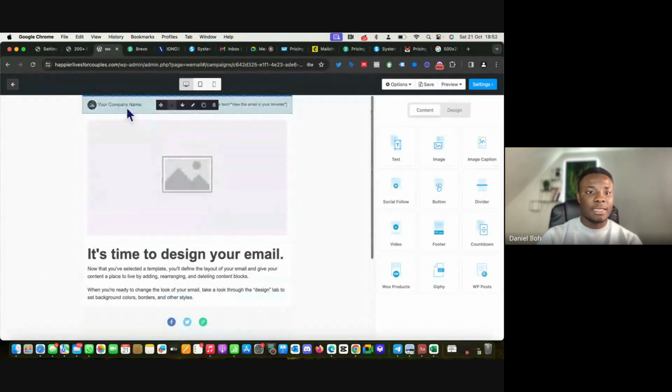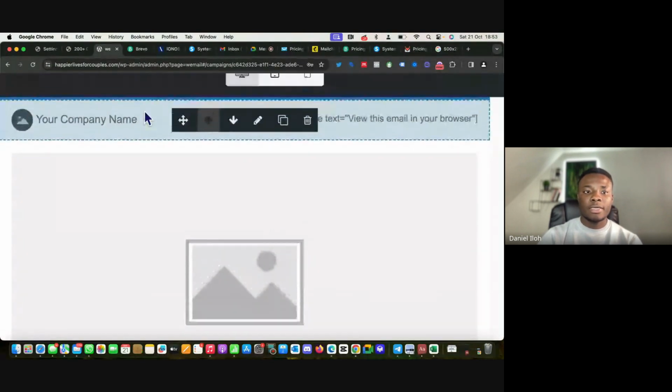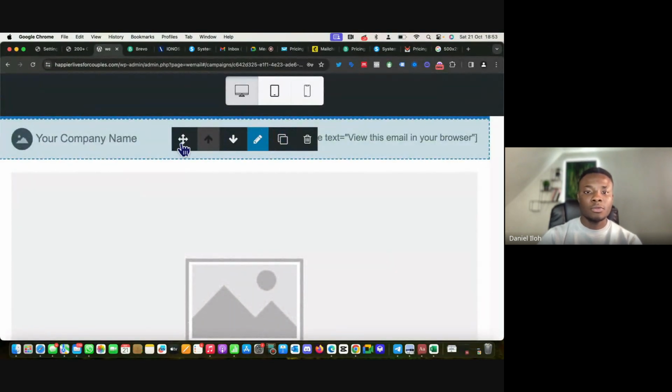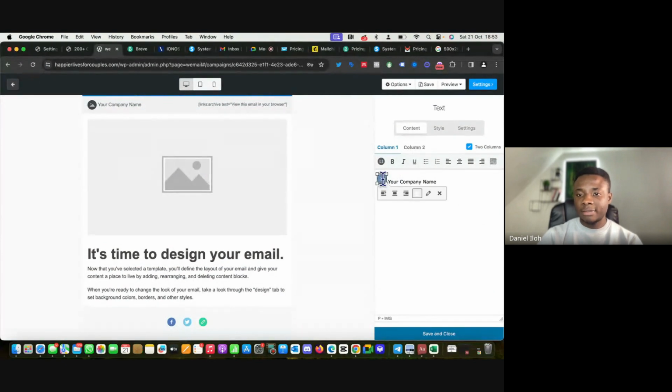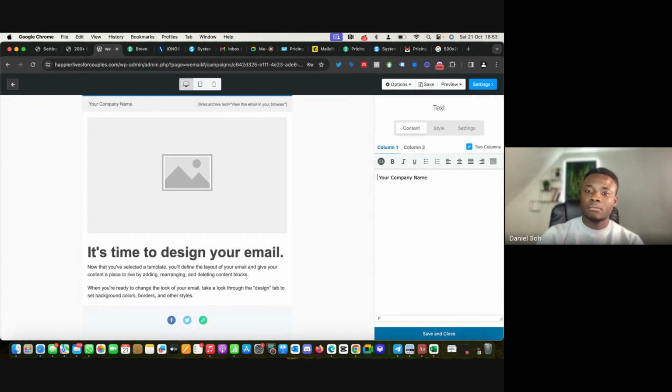So this is the campaign. As you can see at the top, you can edit here. If you want to put your logo, click on the pen icon. Look at it here. So you can delete anything you want to delete here. If you want to put company name, Happier Lives for